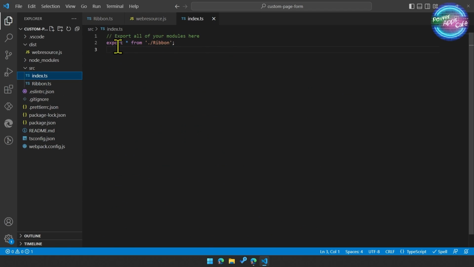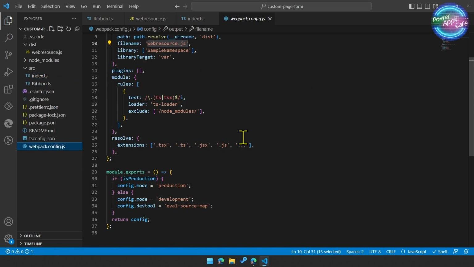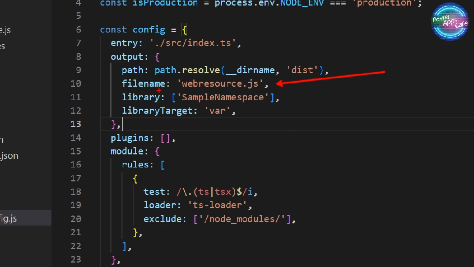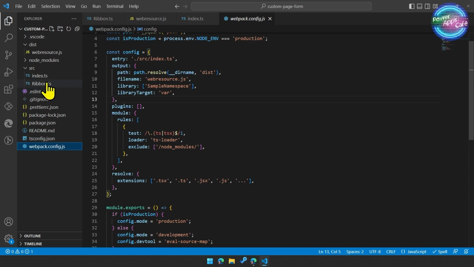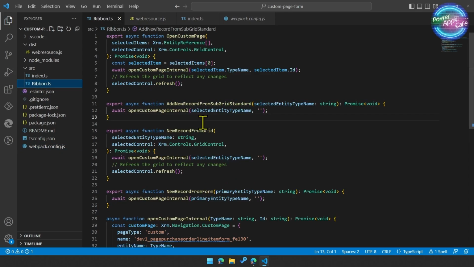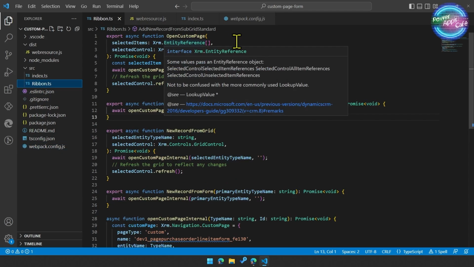This functionality is all being exported so that we're going to expose it in our JavaScript library. If we come into the Webpack config, we can see that the name of the web resource is webresource.js, which is that JavaScript file that we just saw. And it's going to be all compiled underneath this namespace, sample namespace. And that means that we will be able to access this function called OpenCustomPage using sample